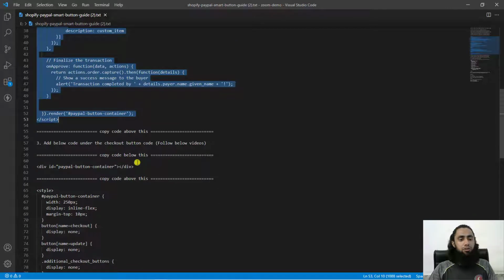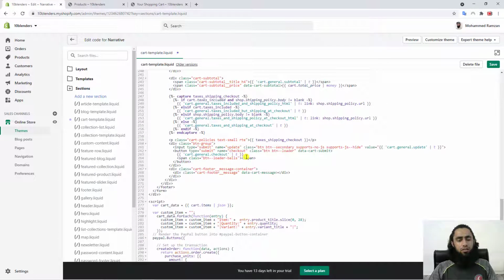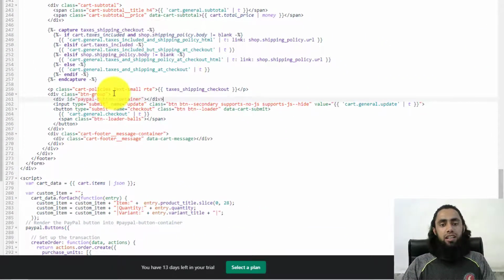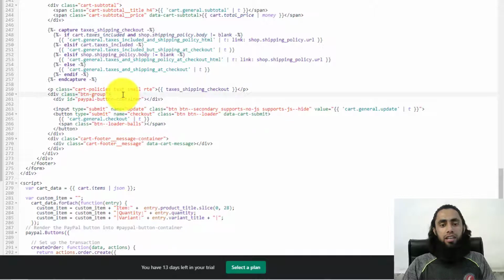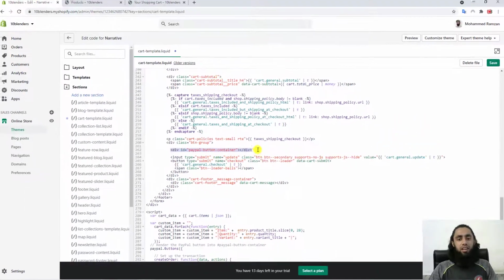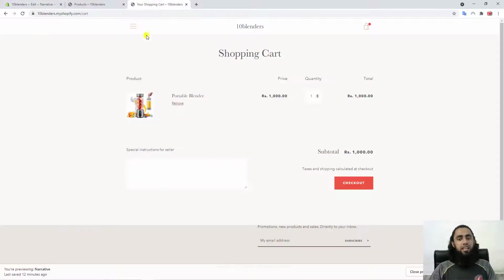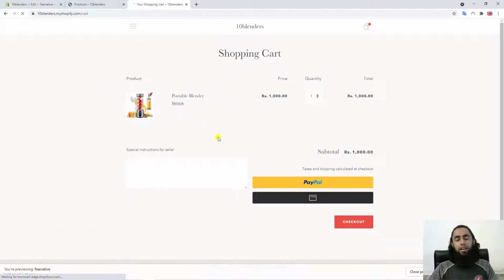Then finally you have to add this tag here. You can see that on line number 61 we have this PayPal button container. Just copy this one and scroll a bit up, and then you can see that we have submit, update, checkout. Above this we will be adding that line of code. For ease, you can see that we have this specific tag that we need to copy and paste. Once you are done with this, you should save the changes, and then, for example, I am refreshing this page. Now you will find that those buttons are appearing here.